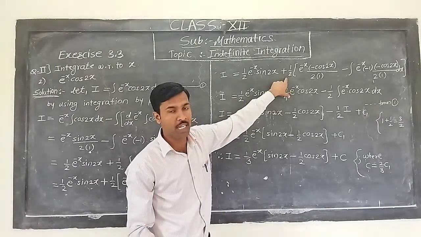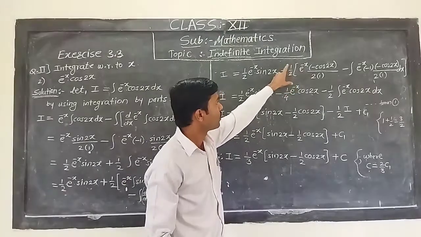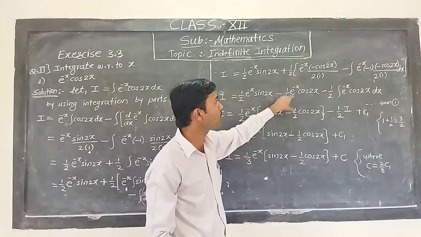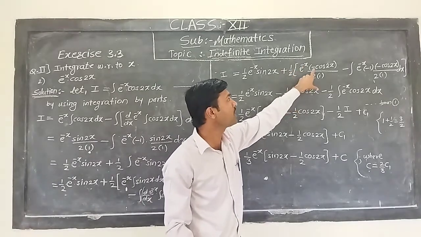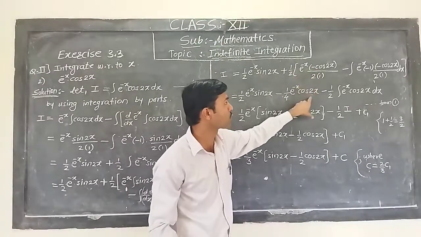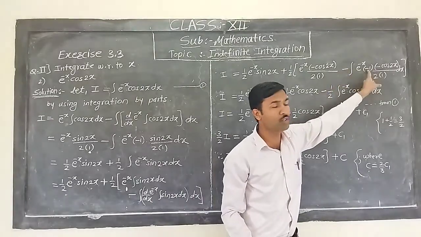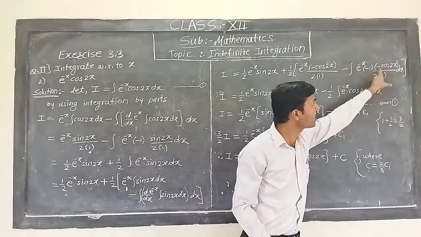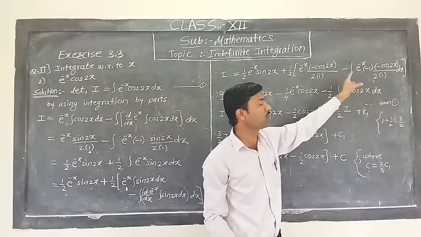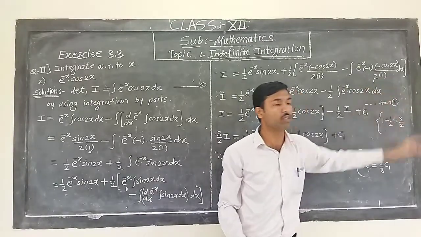After multiplying this 1 by 2 to this bracket, we will get 1 into, here in the denominator 2 2s are 4, it is 1 upon 4 into e raised to minus x into, here is the term minus, so minus into plus it will be minus, cos 2x remains as it is. Here plus into minus is minus, minus into minus again plus, and plus into again minus, it is minus 1 upon 2 as constant. So the remaining term is the integration of e raised to minus x into cos 2x into dx.